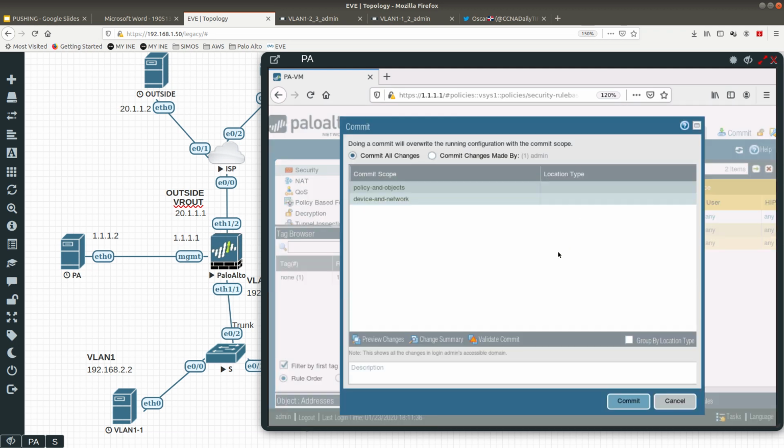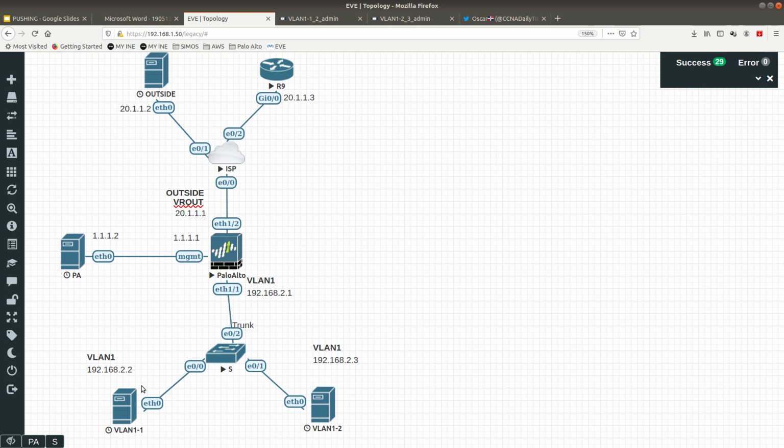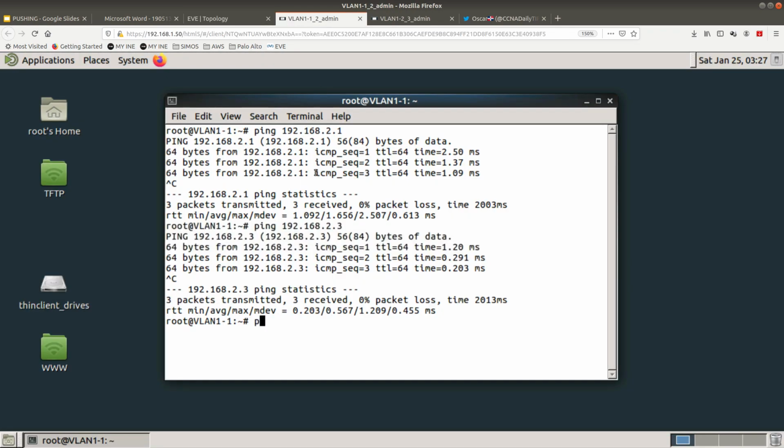Let's go ahead and commit our changes. And after we commit our changes, now we should be able to ping from the inside to the outside, right? So we are going to go into this server over here, which is this one. After the Palo Alto Networks is done committing those changes, there we go, all good. So what we want to do is ping from this server over here. We want to ping this router, which is at 20.1.1.3. Let's see if we are able to ping